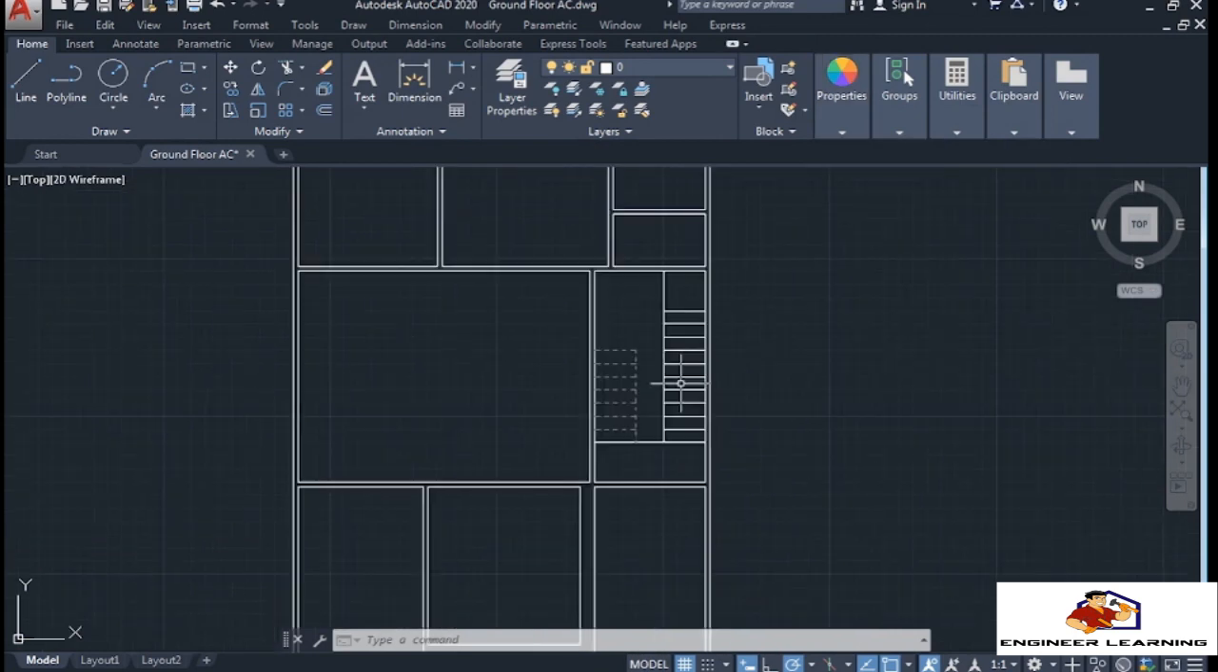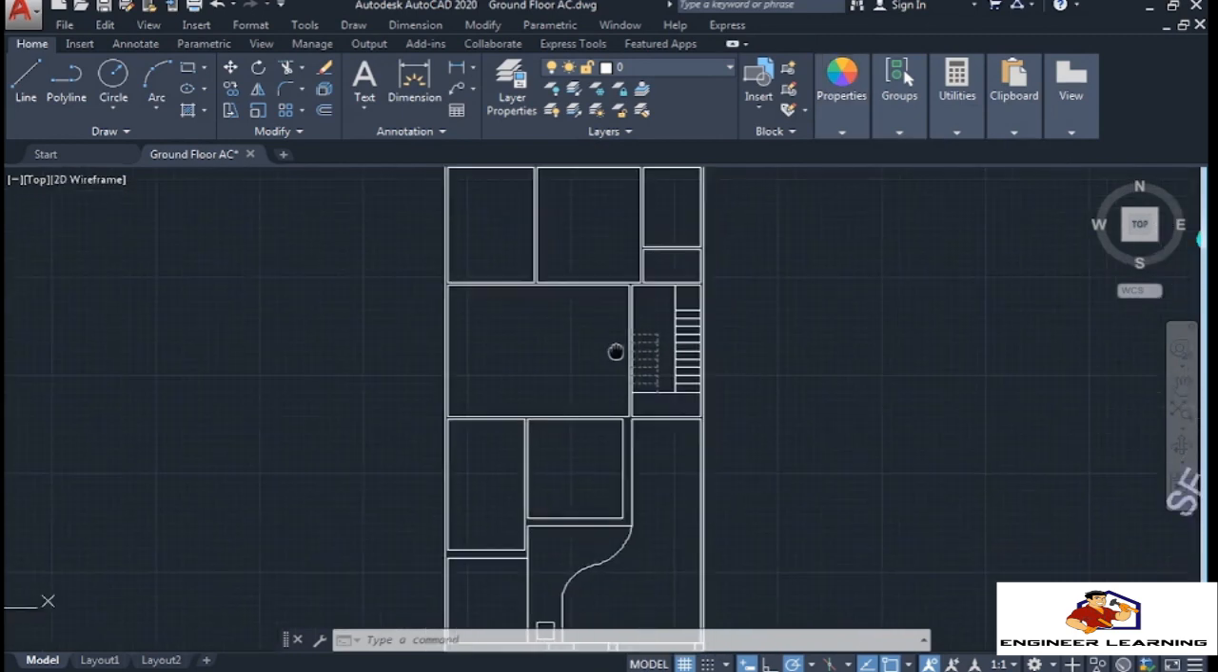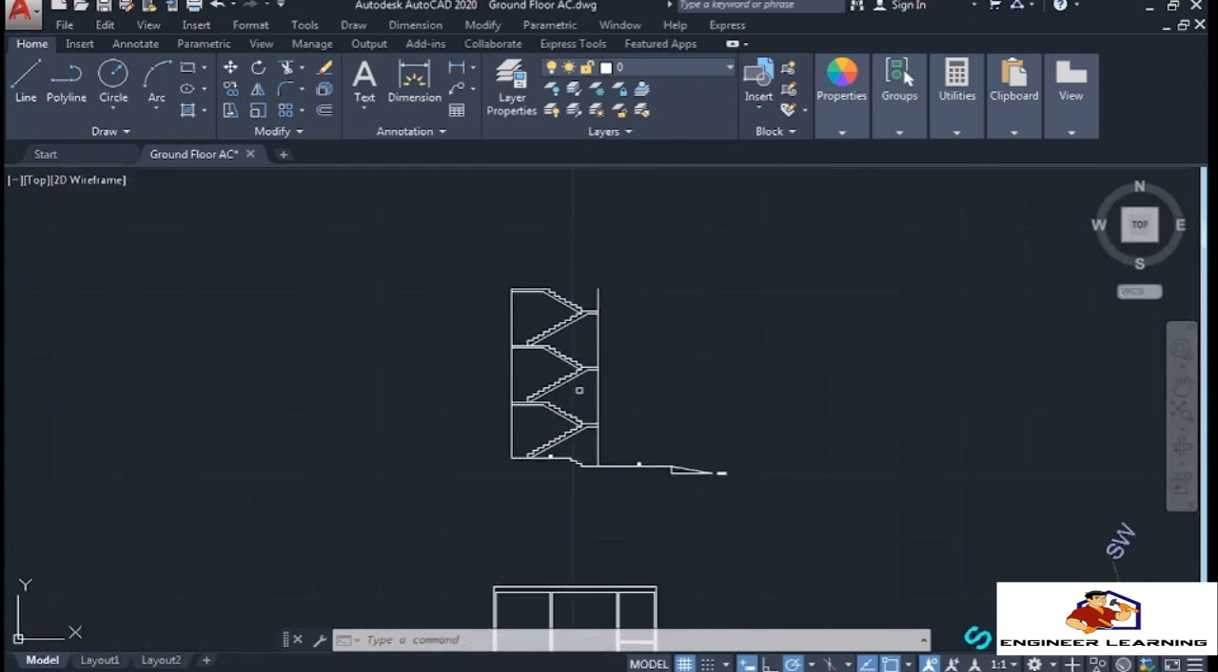As we have completed the planning and formation of the staircase, we are ready to form the first and second floor in the next lecture. See you in the